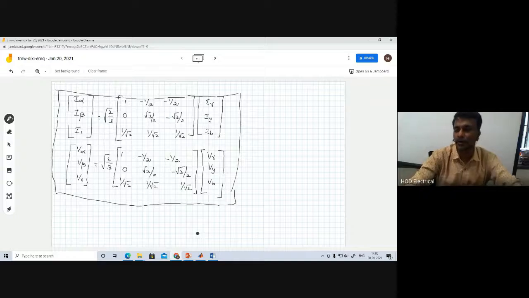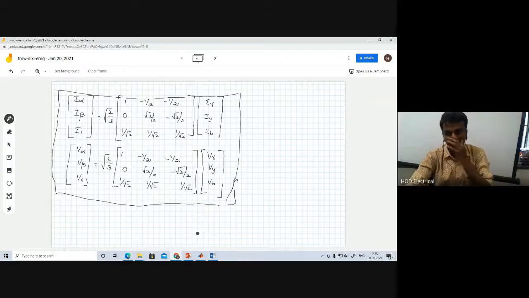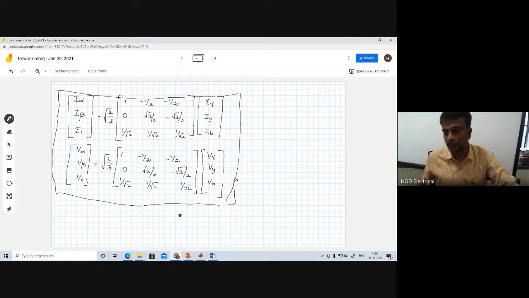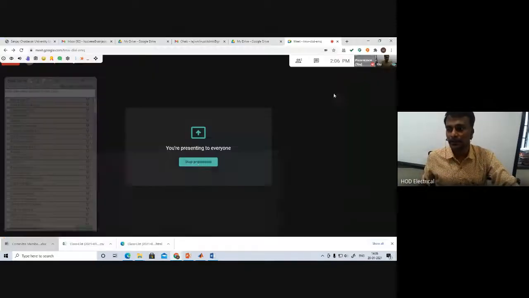With this we come to know the three-phase to two-phase transformation for power invariant form. Normally in all the journals, we are using this one. The reason is we are assuming three-phase power is the same as two-phase power. With this, I would like to conclude today's lecture about the three-phase to two-phase system for power invariant transformation. Then I can explain the MATLAB simulation in the next lecture.